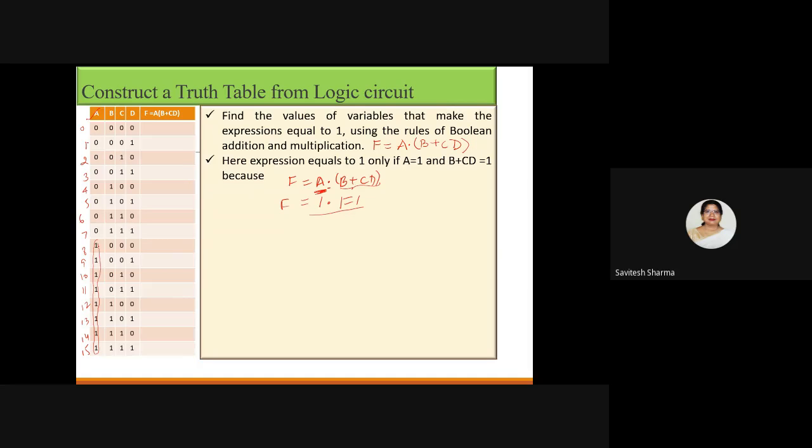So you see that now I have to concentrate only on this portion, because my function is 1 when a is 1. Now I have to identify again which cases out of these cases, which combinations, are producing 1. So let's see further. First you find out that a should be 1 and the b plus cd combination should be 1. So this is the case.